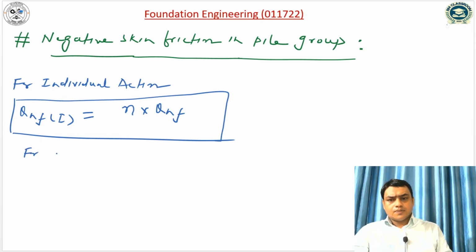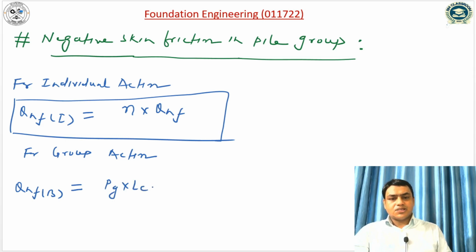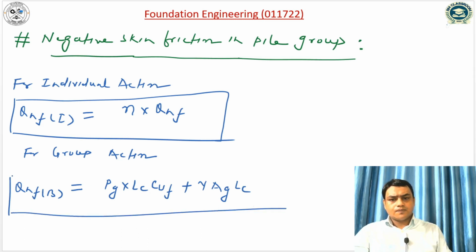And for group action, it can be computed as negative skin friction of block is equal to perimeter of the group into LC into alpha, which is unity for the block action, so it will be CUF plus downward weight of the soil, so it will be gamma into AG into LC. So this will be for the block action,